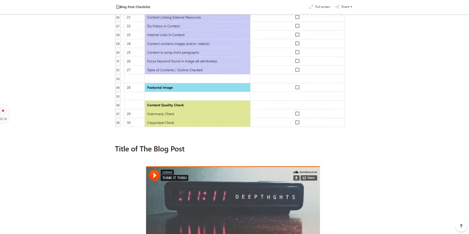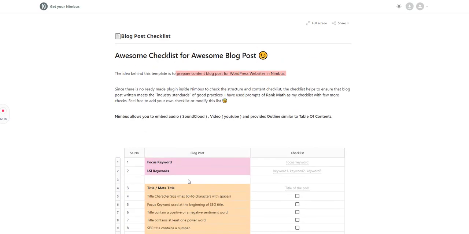If you're working in a digital marketing agency and you have an approval system, where you require the client to approve the blog post that we write, we feel this sort of template when shared with the client, probably with your own CNAMEs if you have purchased Nimbus, will help you look more professional and get you more clients hopefully.